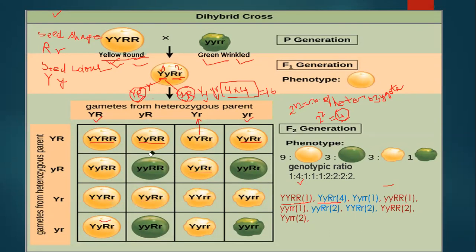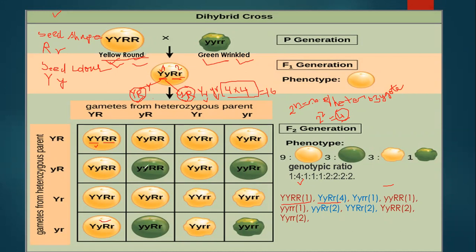Okay, so now let's write the phenotype. If you see, for the first state, these are the two genes which are present. So both are homozygous. So capital Y will be expressed. So this is yellow. Here you are able to see the two genes for the shape of the seed, that is both are homozygous dominant. So capital R will be expressed. So seed is round.